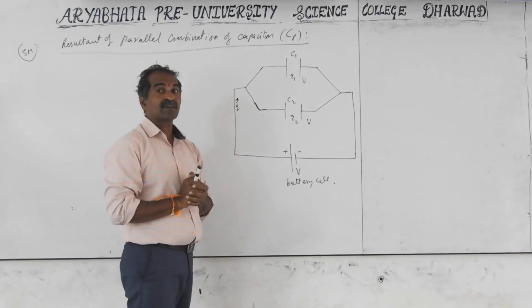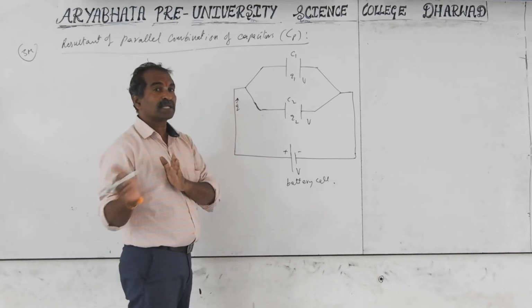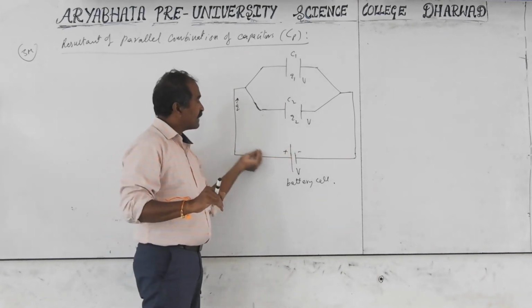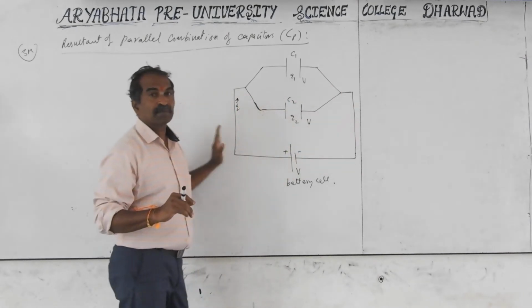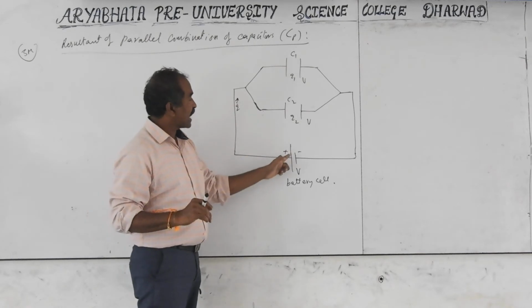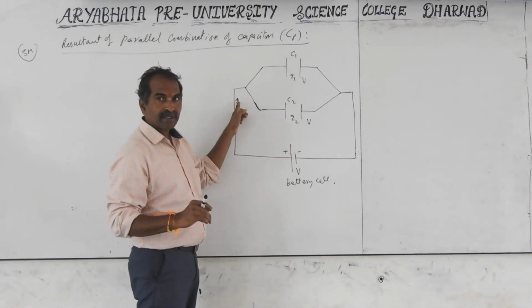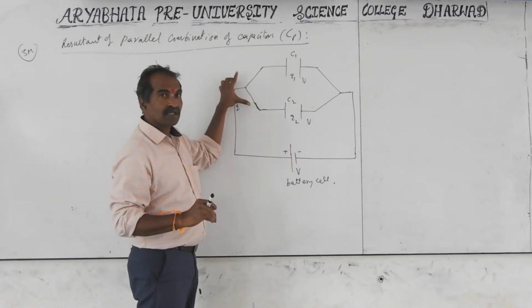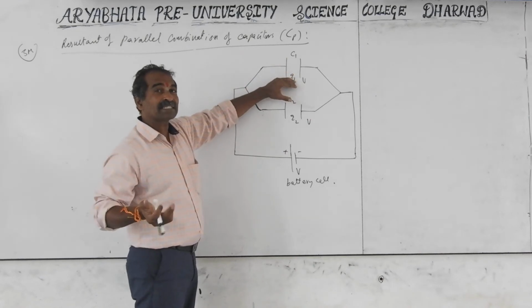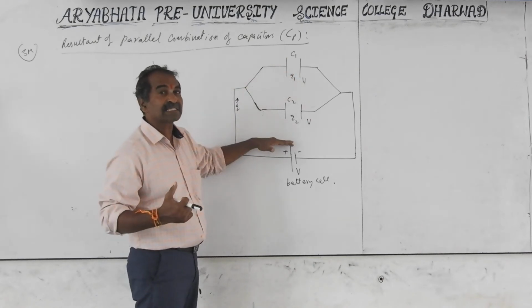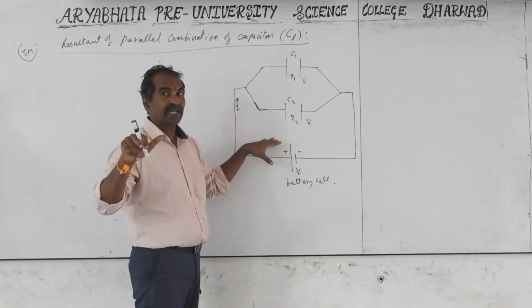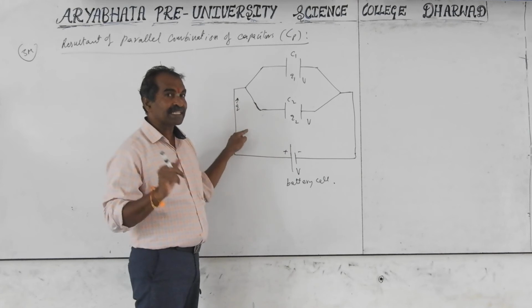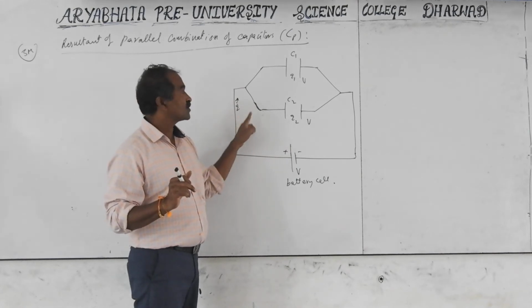Previously in series combination, total voltage V equals V1 plus V2. But here, the battery doesn't create the charges, it transfers the charges from the negative terminal to the positive terminal. The charge supplied is divided into two parts. The one with more capacitance can hold more charge, and the one with less capacitance holds less charge. So total charge Q is equal to Q1 plus Q2.